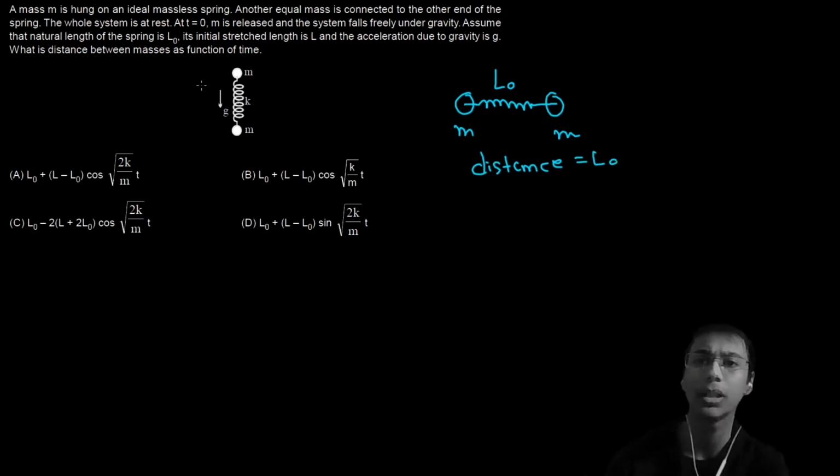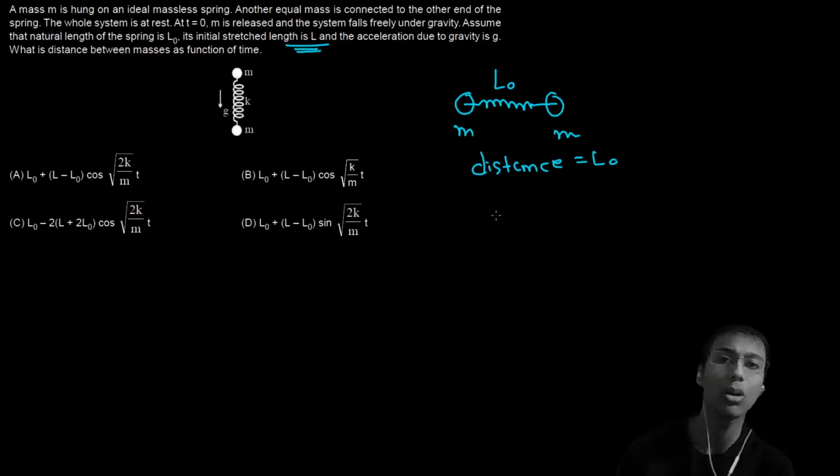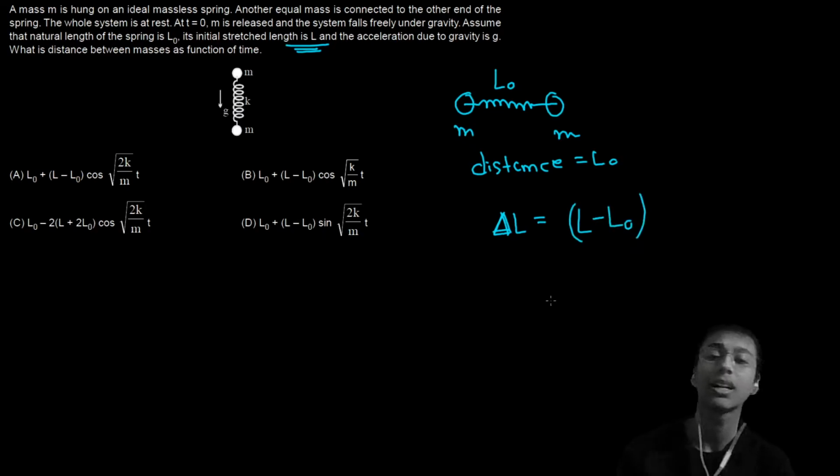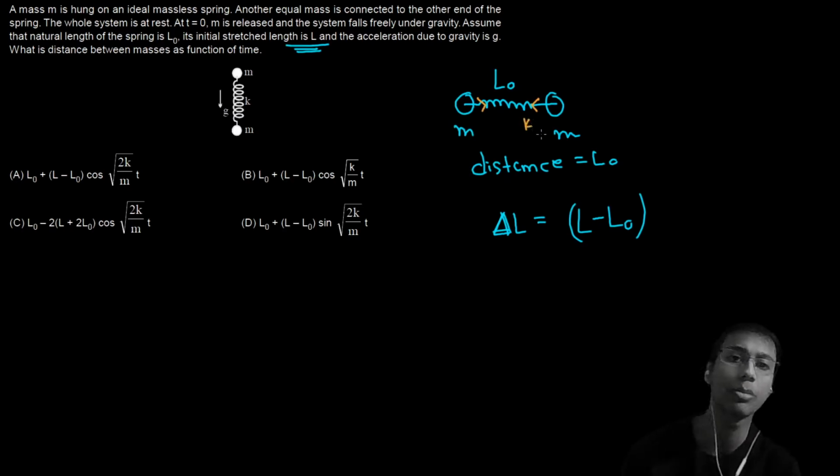But now what's the problem? It is told that the length of the spring is stretched to L. So just after this happened, its length increased by delta L, which is L minus L0. If you have read SHM, it's even easier for you: if there is an extension in the spring, it gets a restoring force so that it reverts back to its original position. And the magnitude of the force would be the spring constant multiplied by delta x.